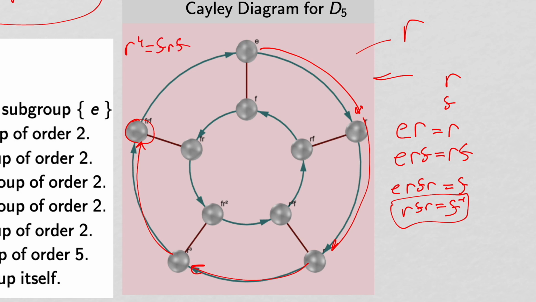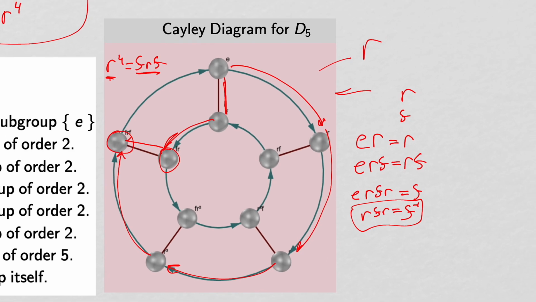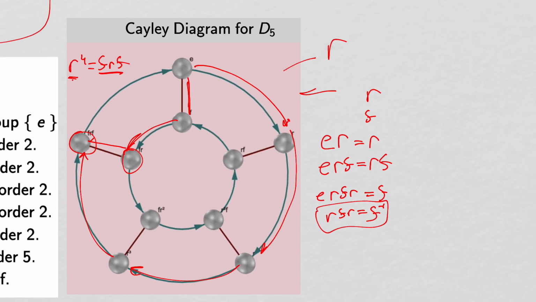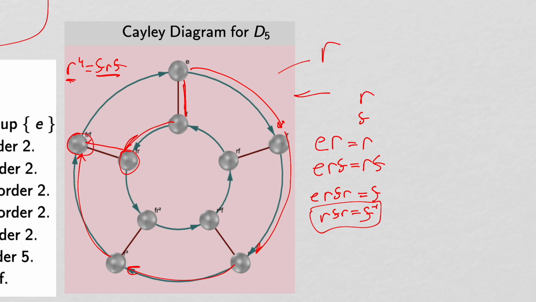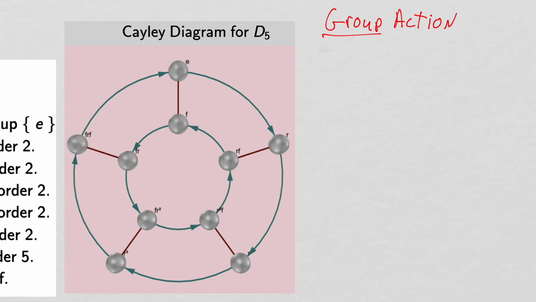Now, if these things weren't labeled correctly, I could have said, well, FR takes me to FR, and then F again takes me to FRF, and there I am. So I definitely know that the procedure FRF and the procedure R to the fourth are the same. And so the way you're thinking about this is the Cayley diagram is dependent on really the notion of group actions. And I don't think we can discuss the whole idea of group actions now, but it's an important topic